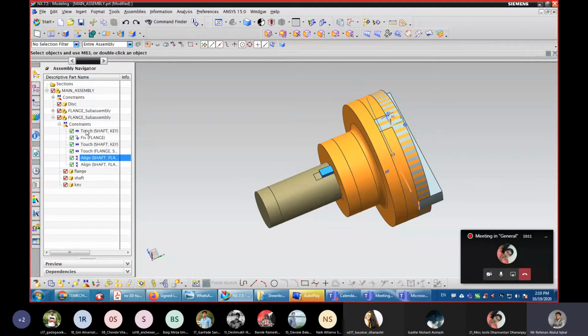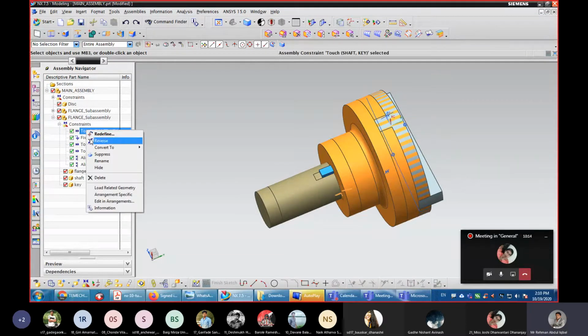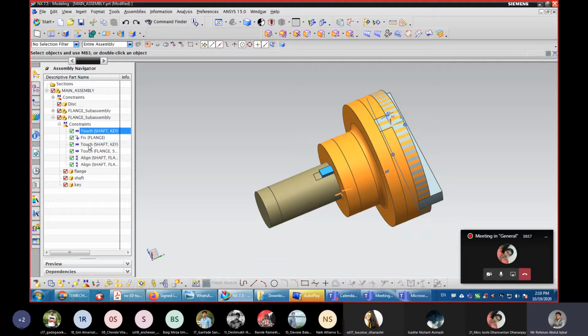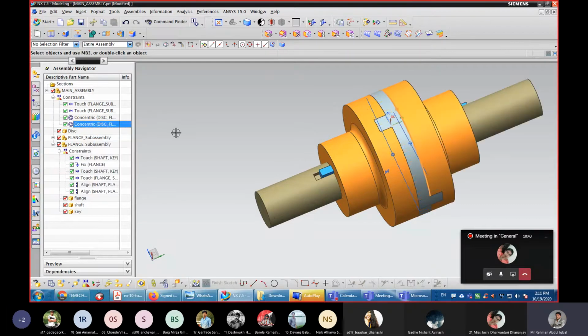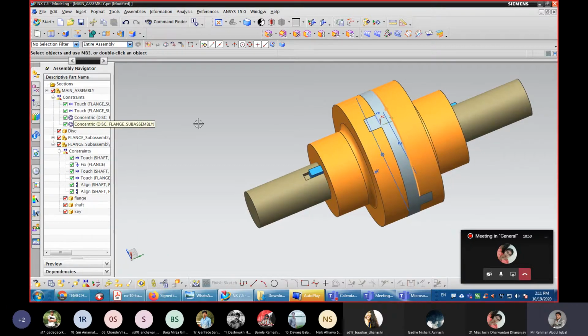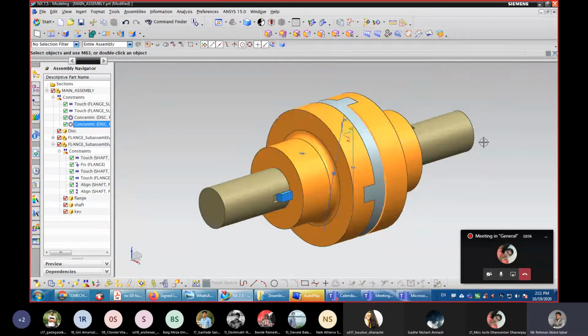This flange assembly. So in the main assembly, we need to reverse this concentric constraint so it will go to the other side.